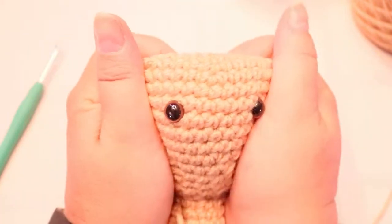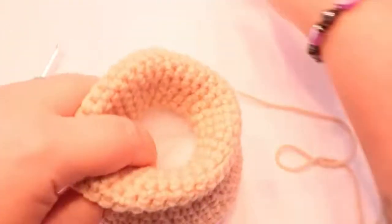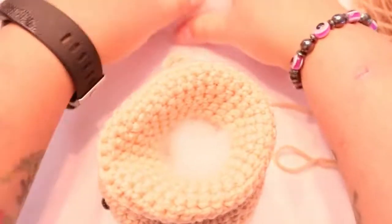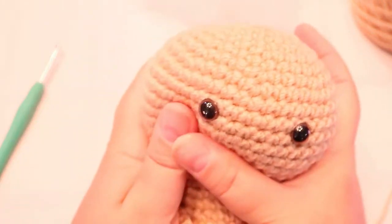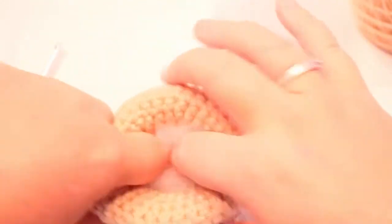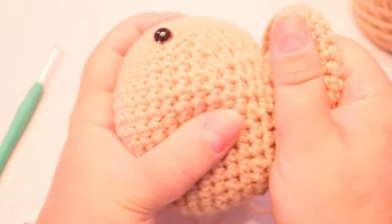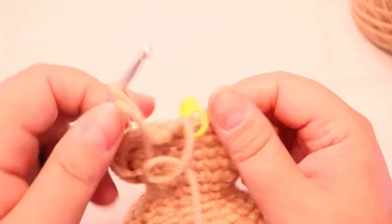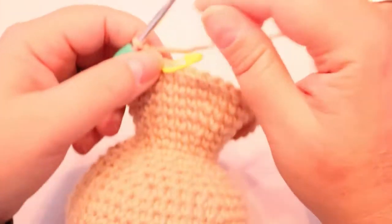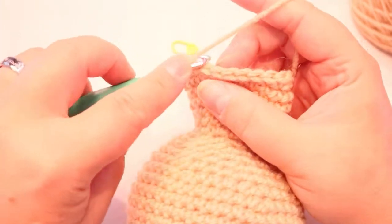So you can still have the choice on whether you want it to be squishy or whether you want it to be hard. So mine's bouncing back just fine. So I'm probably only going to put a little more in it just to firm it up a little bit. I don't really want it to lose its shape, you know, if kids are squishing on it or something. So good stuff. All right, so you're going to do a 3 single crochet decrease because we just ended with a